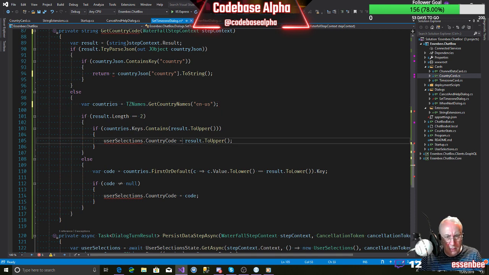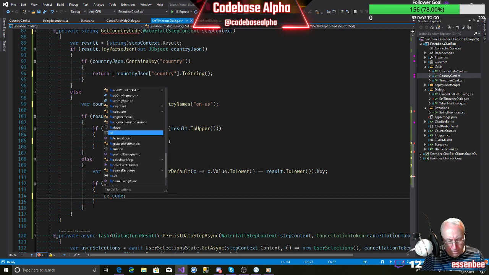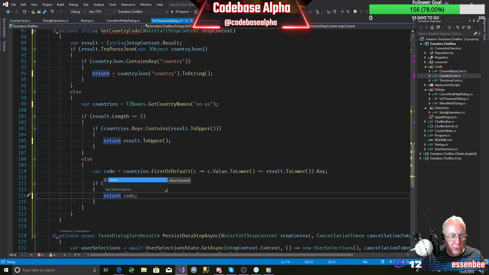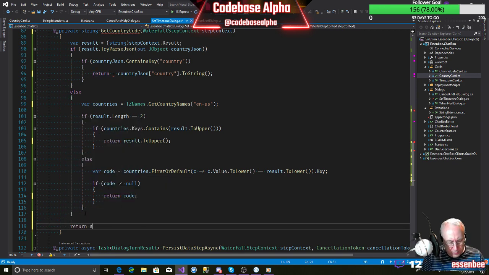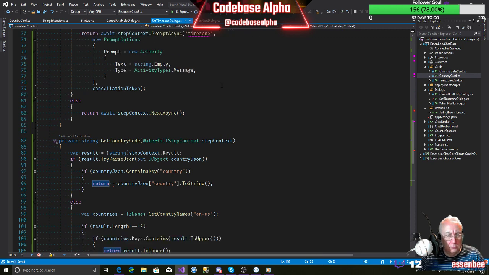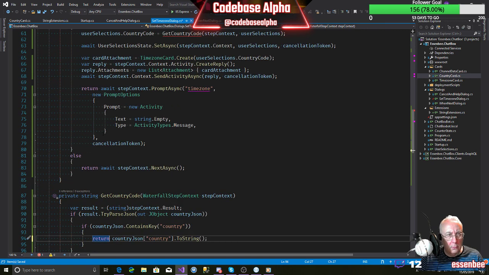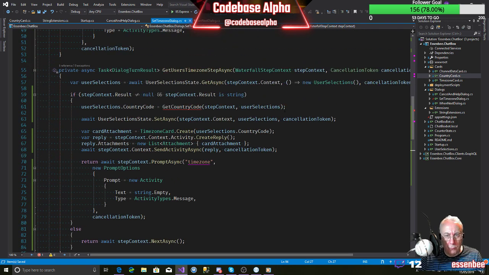Here we simply return that. We return code. And if we drop through all of those, return string.empty. Okay. We don't need that anymore. We're just passing the step context in, which is fine.